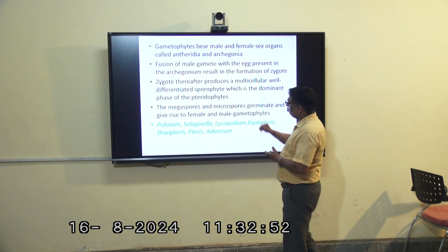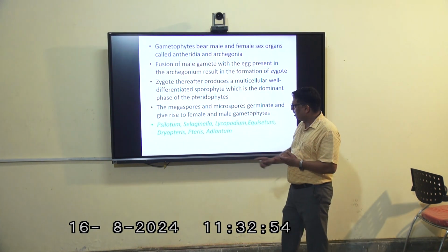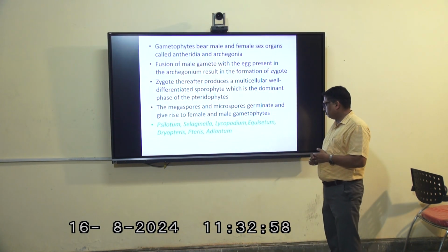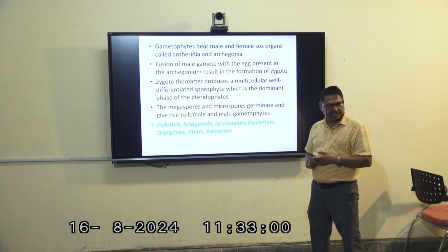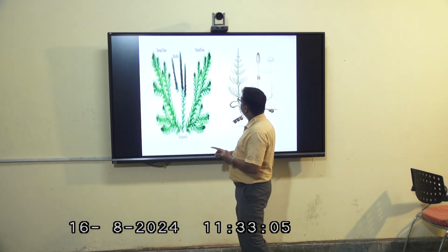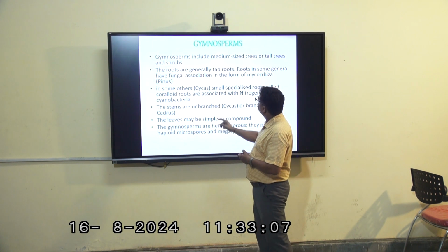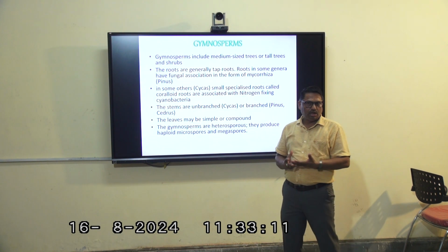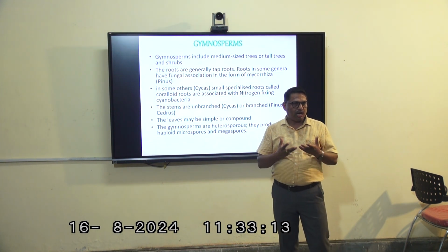I will not go through the details of this category of plants. These are the instances: Selaginella, Lycopodium, Equisetum, and others. These are the examples of such plants. This is the structure. And they are the main category when we talk about the higher plants, because I already